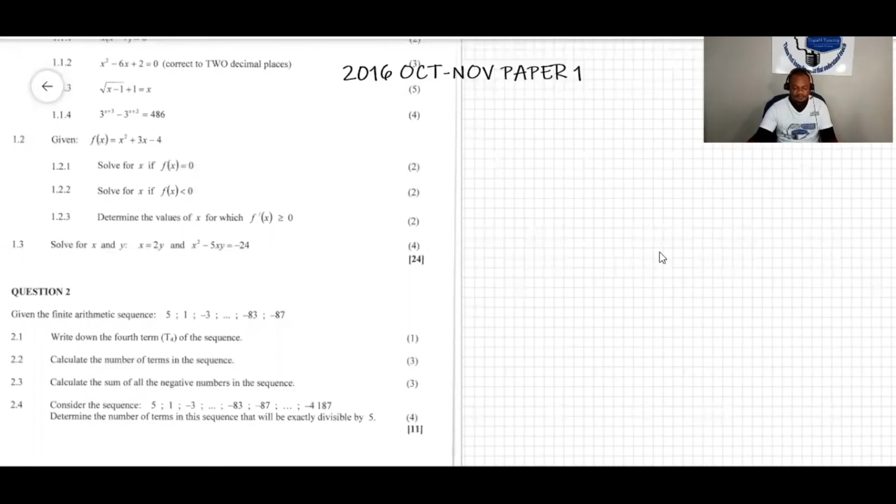Well, now we're going to do question 1.3. In the previous videos, we did question 1.1 and 1.2. Question 1.3 says solve for x and y. So we need to find the value of x and also the value of y. And then x is given to be